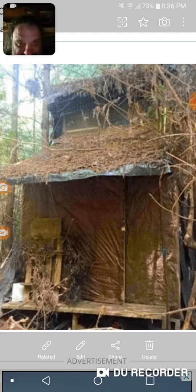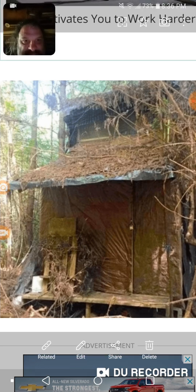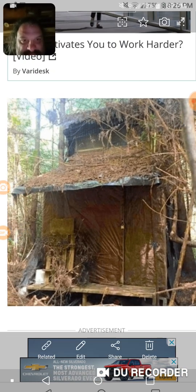Once again, I am showing you that this is a ranger that was marking trees out in the community forest. He said it took him up to about 12 feet to even see this cabin. As you can see, it's well made. I don't know how they got the concrete foundation out, but